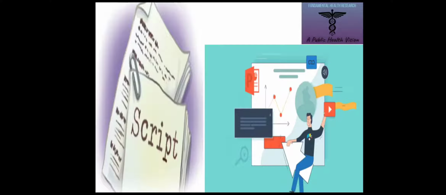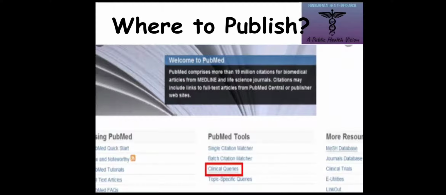The second question that arises in the mind is where to publish. The most important one is the PubMed indexed journal. PubMed is a free search engine accessing primarily the MEDLINE database. If your article is indexed in PubMed, it can be easily accessed by job providers while going through your CV or resume. They will easily get to know about your work, and as a result, you will benefit by scoring points for publication work.